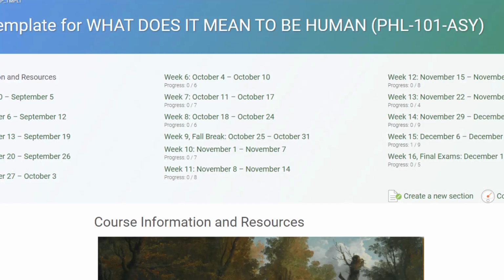As with the weekly assignments and the response papers, I will again wait to explain most of the details about how to prepare for the exams, how you will take the exams, and how I will grade the exams until a later video that is devoted specifically to those topics. However, there's one thing I want to make you aware of right from the beginning. The format of each exam will be the following.